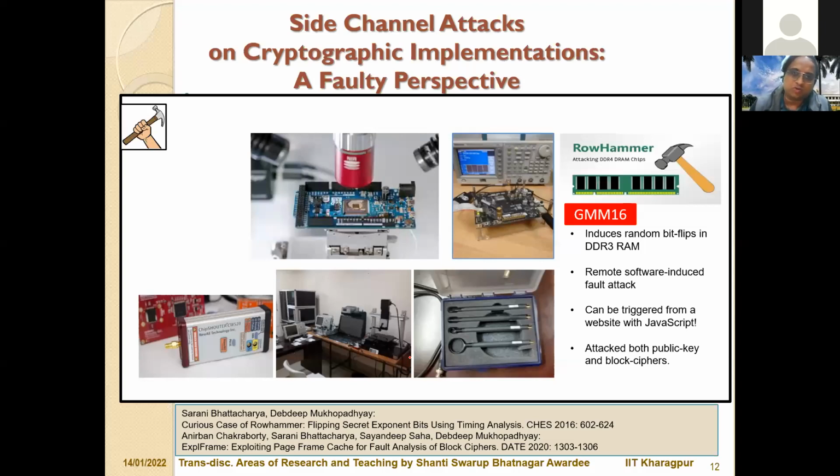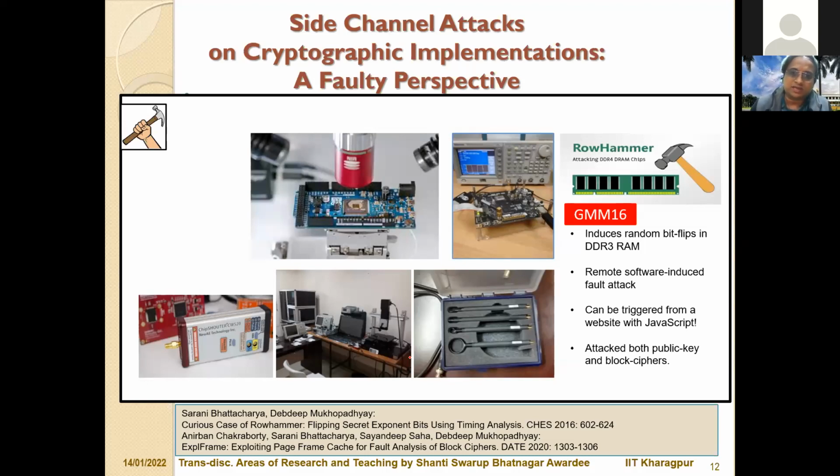I do not really need to know what it will modify, but it will make some modification to the internal data. So now the first question is, can you really do it practically? And the second question is, can you exploit it using your analysis? In order to practically demonstrate it, there are several attack vectors, or you can see here